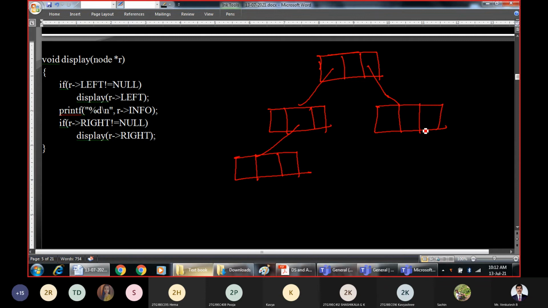I'll just take that tree here so that tracing can be easy, because properly showing these pointers is also important.